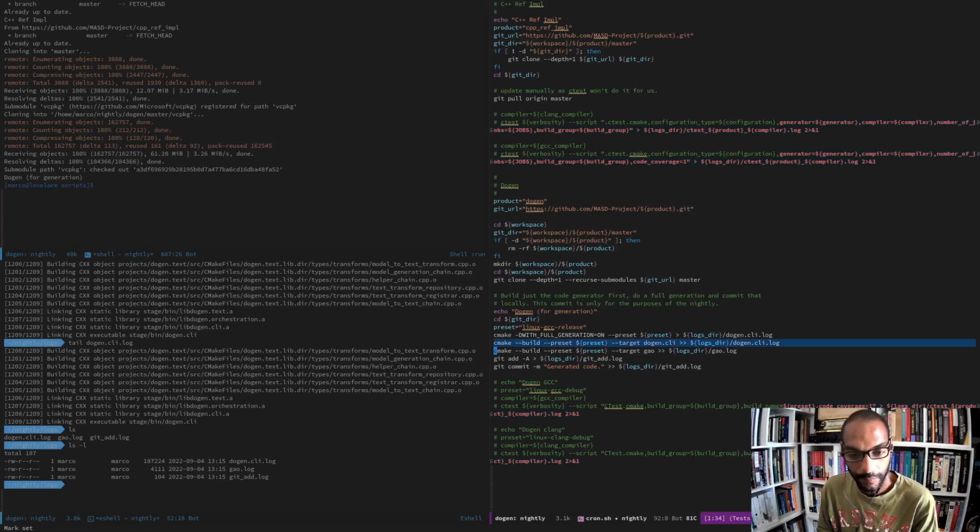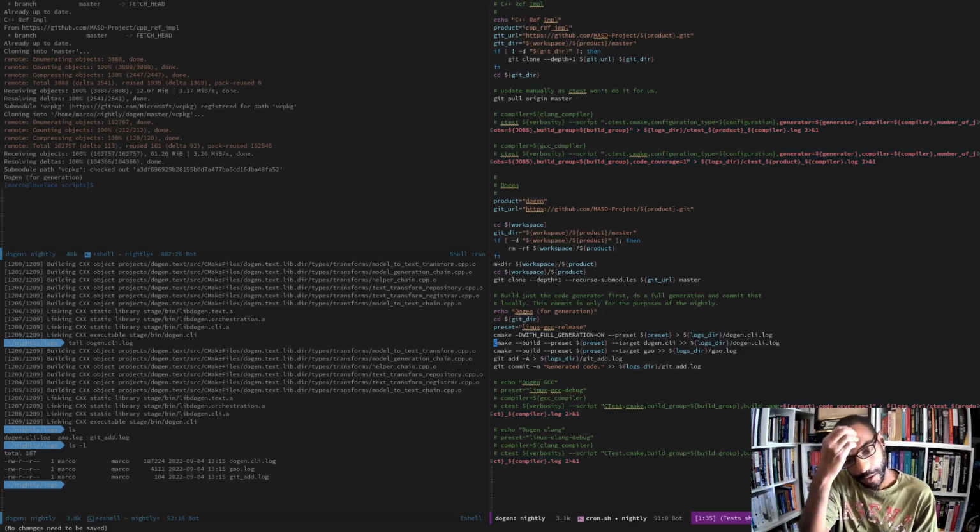So we can basically say first generate the code generator, make sure full generation is on, generate the code generator, and then generate all org mode models. Then add everything you got and then commit. That seems sensible. Now, however, we have a problem, and the problem is